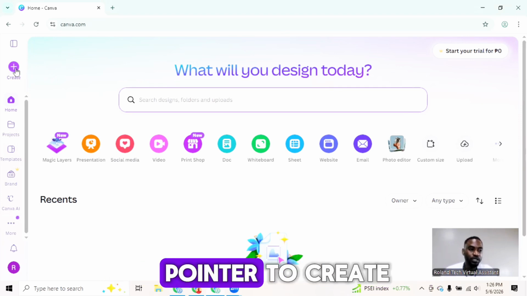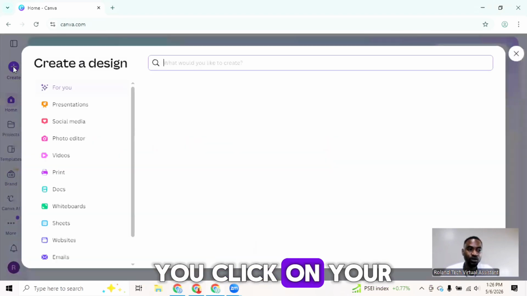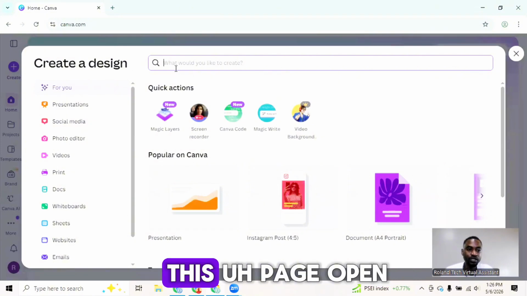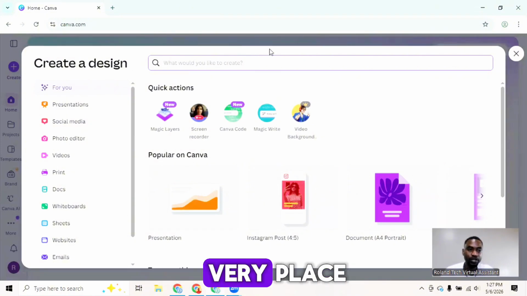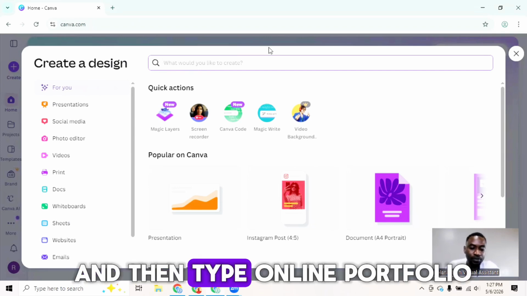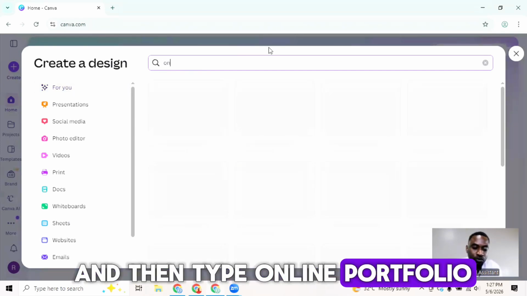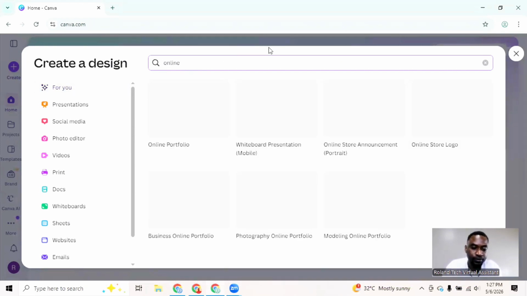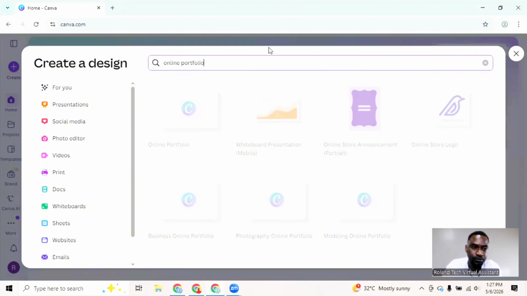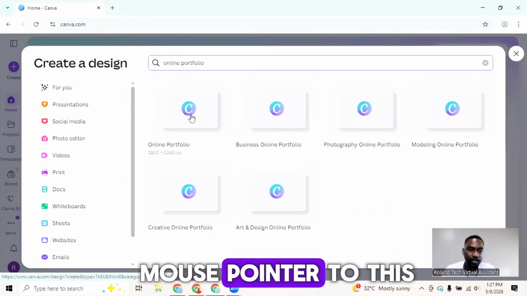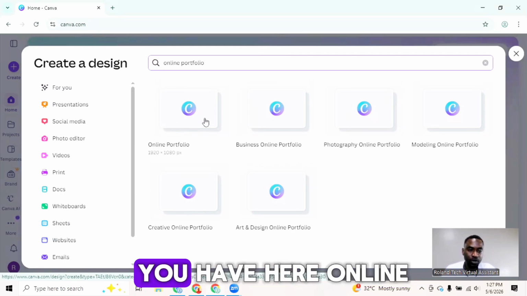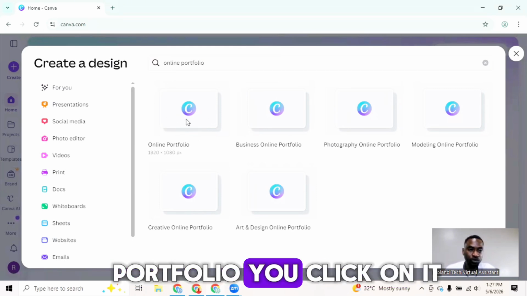You click on your create and you have this page open, and you take your mouse pointer to this very place and then type online portfolio. And you take your mouse pointer to this very first one you have here, online portfolio. You click on it